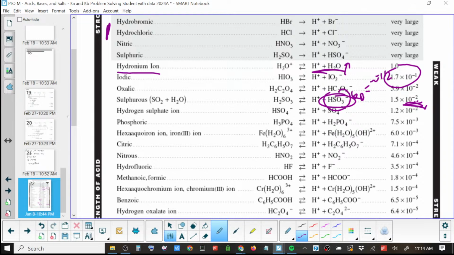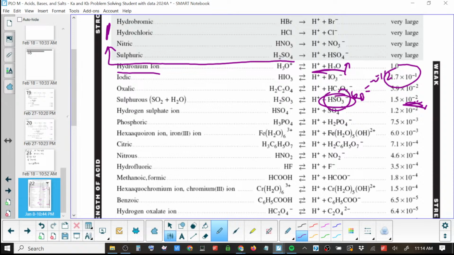Now, this is where I get to say oxymoronic things like, it's a strong weak acid. The only defined strong acids are above here. They have an infinite Ka because there is none of the reactants, so they go all the way over and you have a number over infinity, which doesn't make any sense. But as we go to here and you see very large numbers, this is 0.17, and then as we go down, we get weaker and weaker acids.